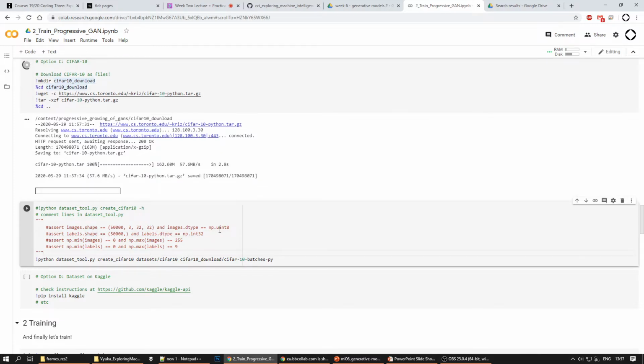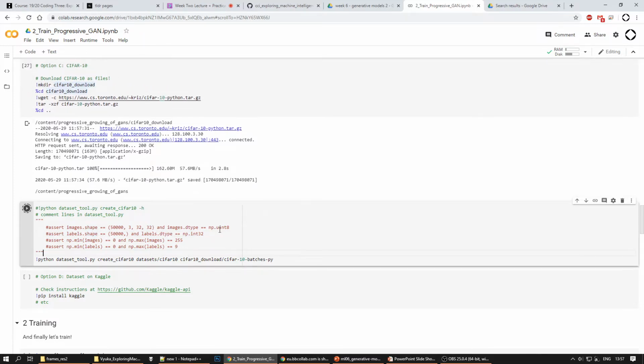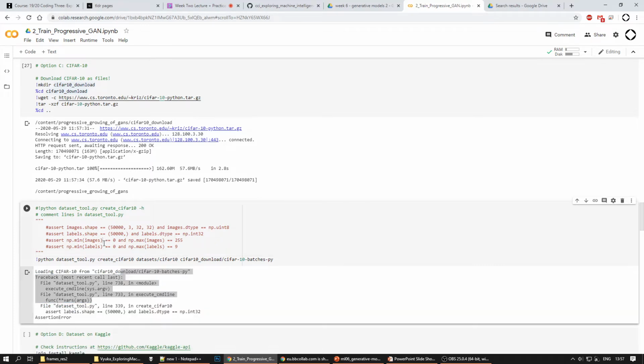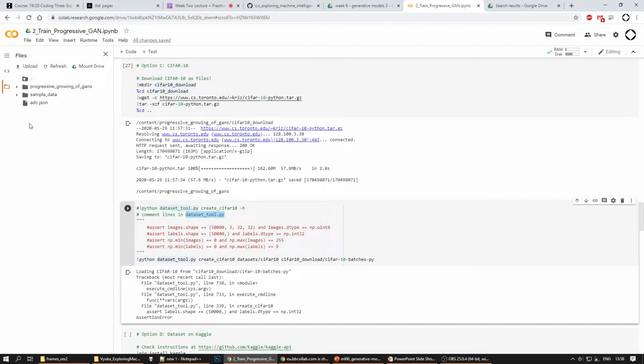And then create a folder for the CIFAR. For that we have to comment some lines in the dataset tool, because there are some checks for MD5 consistency, and maybe because of the different versions of code that we are using, this is no longer true for some reason. I think that the problem will be with the types of the loaded data, because maybe it loads in 64 instead of 32. So yeah, there are some errors here, but if we were to edit dataset_tool.py,